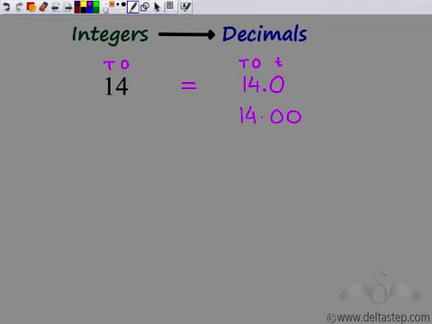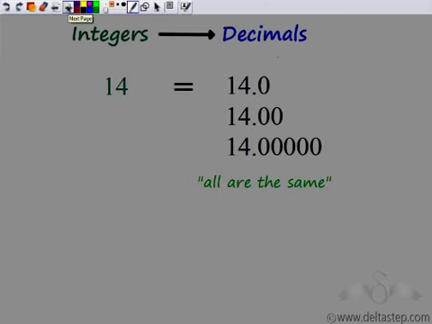Even this would not change the value because the position of the digits of 14 is not changing. The position of the digit 4 is still the ones place and 1 is still at the tens place. So since this is not changing, the number is not changing. So what I can say is that after the decimal point, I can add as many zeros as I want. That would not change the value of the number. So whether I add 1 zero, 2 zeros, 5 zeros, the value of this number is not changing. So after the decimal point, you can add as many zeros as you want.